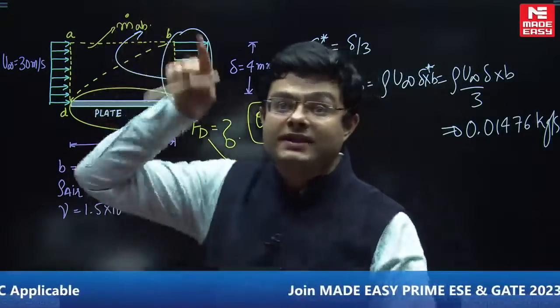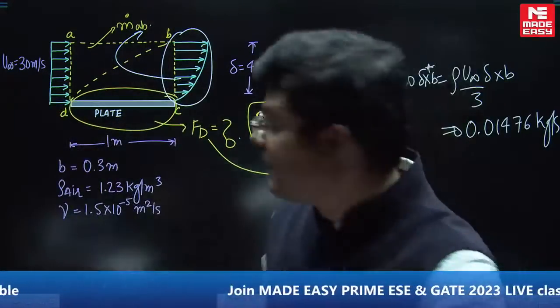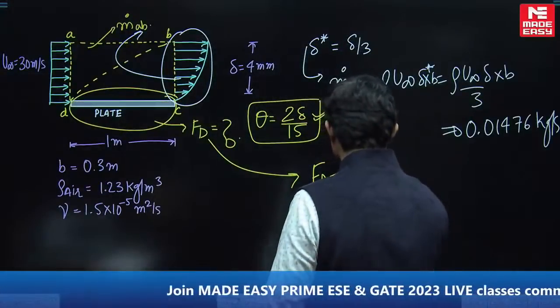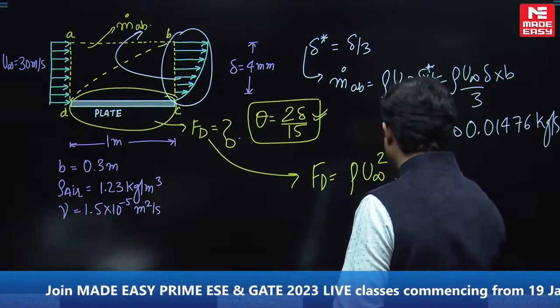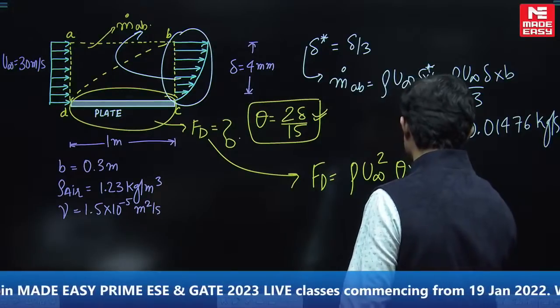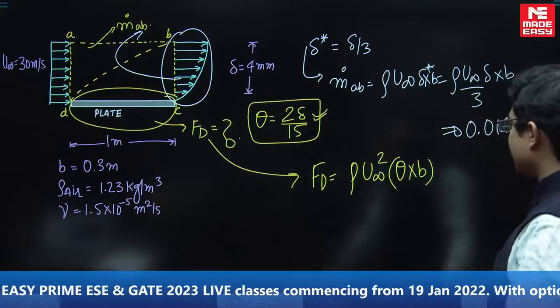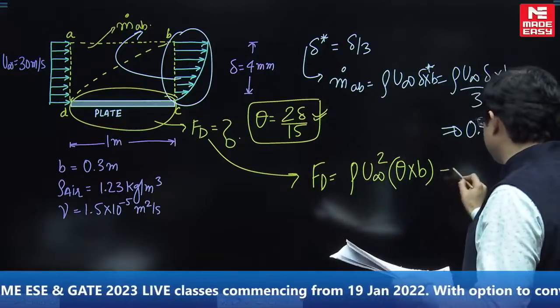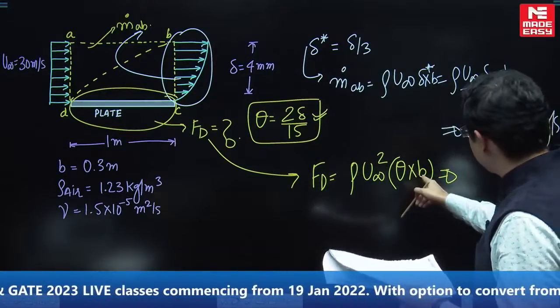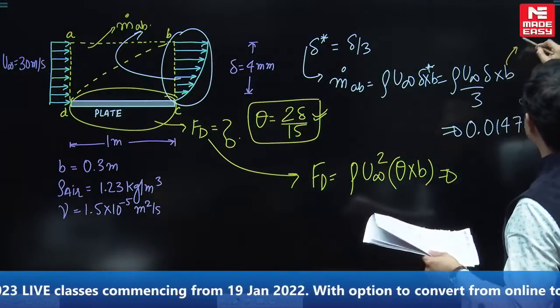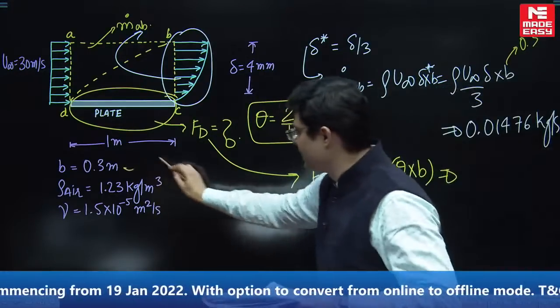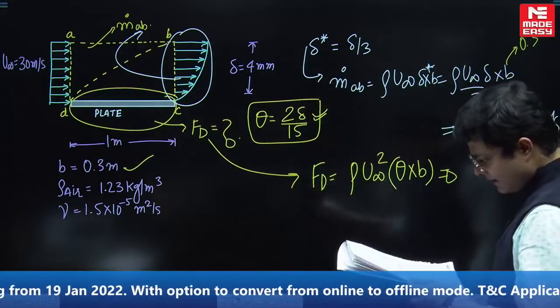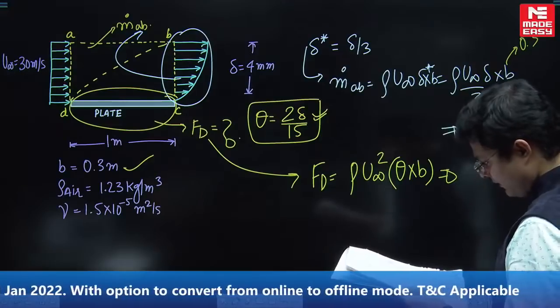Now the momentum passing through the momentum thickness will represent the drag on this. So momentum passing through momentum thickness is going to be rho u infinity square theta cross b. All the values are given to you. थीटा की जगह 2 डेल्टा बाय 15 पुट करेंगे और b का वैल्यू, b इज द विथ यार। विथ कितनी दे रखी है? आई थिंक 0.3 दे रखी है ना? ये देखो, ये रही विथ, 0.3 दे रखी है, ठीक है।